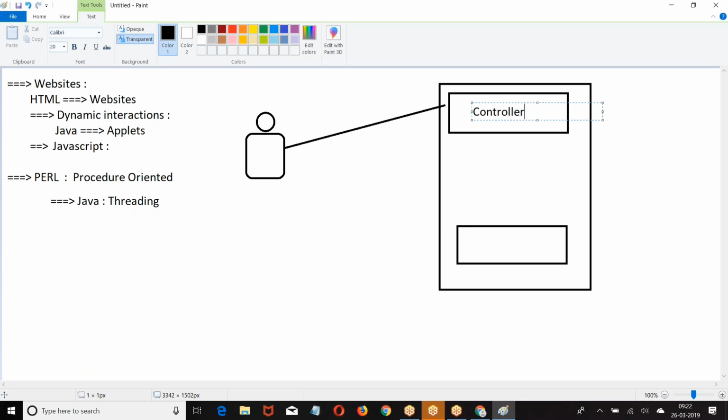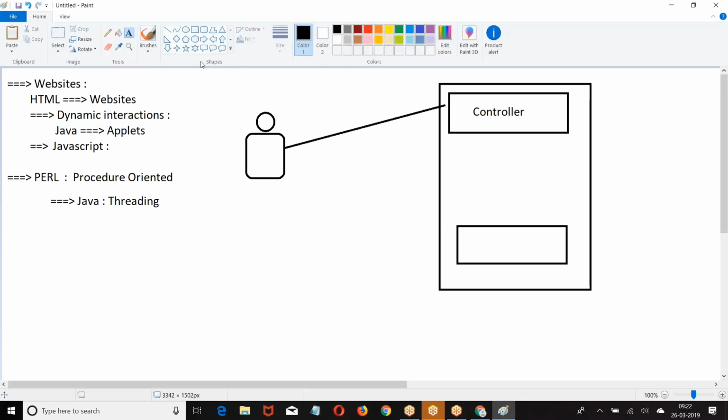Now what is this? This guy is controlling, understanding what you need, and he is directing it to the right location. So what is he called? A controller. So when you make a request, the request goes to the controller. The controller understands your requirement. It is going to interact with your database. Then after interacting with the database, whatever output you want to give is given with